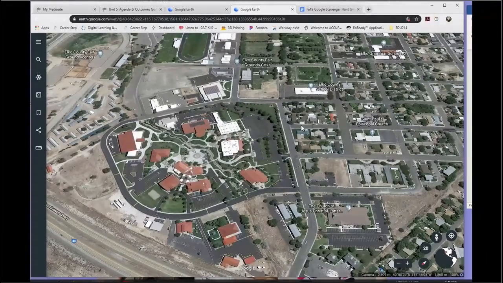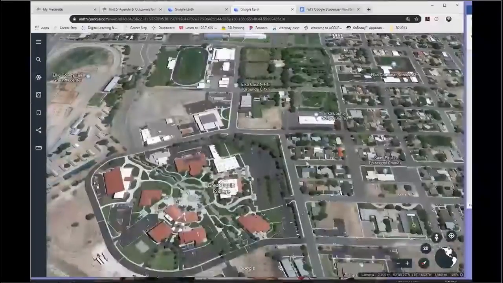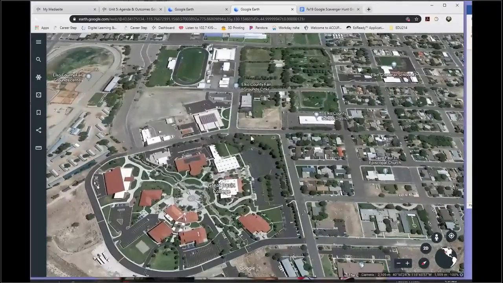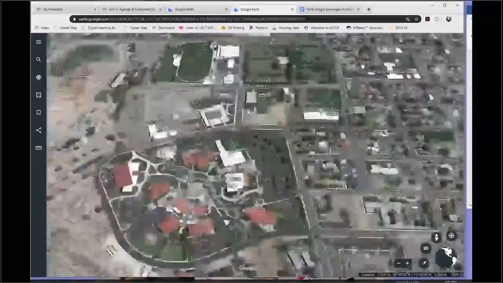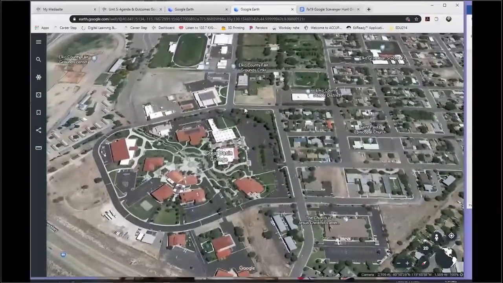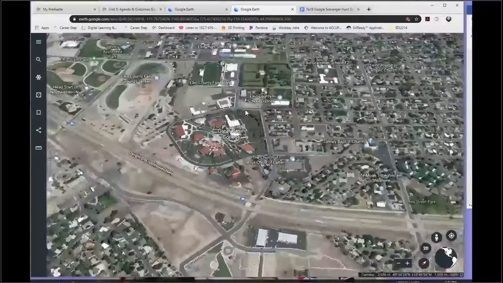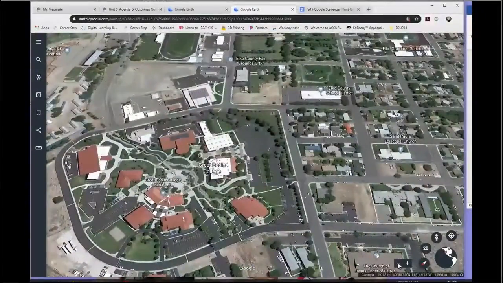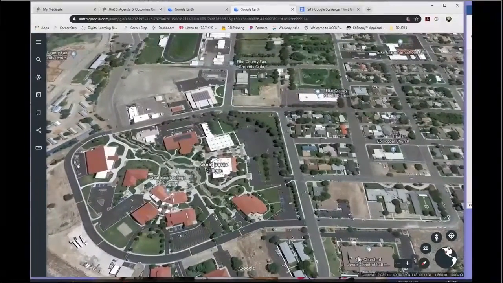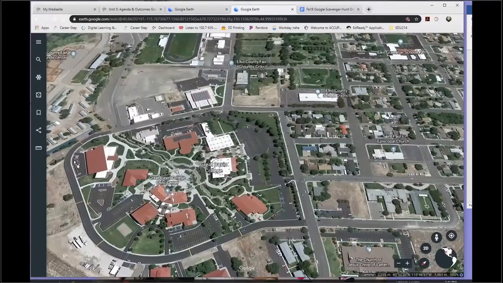Now, you can move around with Google Earth by clicking on your mouse button and pulling and dragging to different areas. You can use the wheel on your mouse to zoom in and out. You can also zoom in and out with the plus and the minus signs. So right now I'm located here in the High Tech Center,